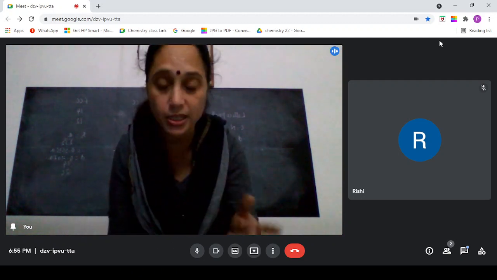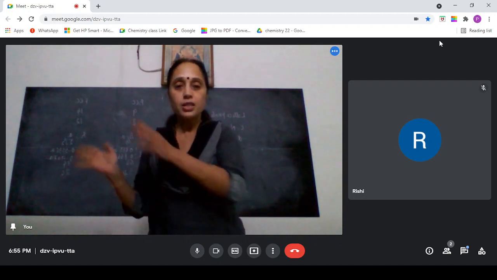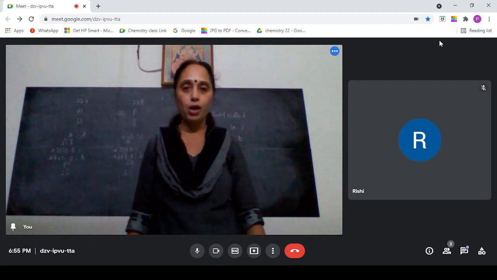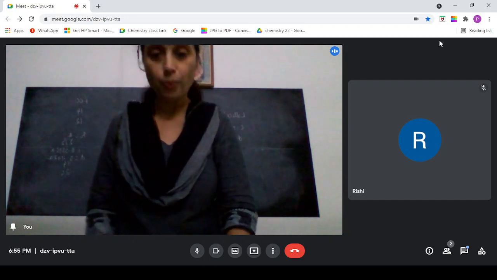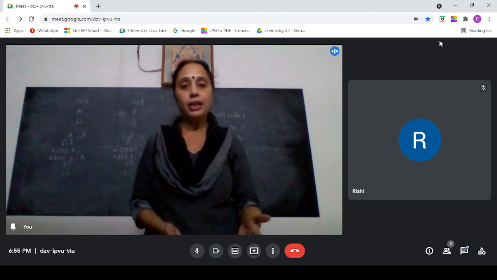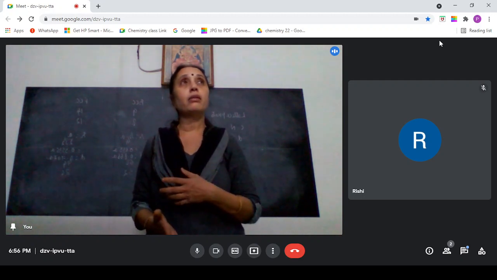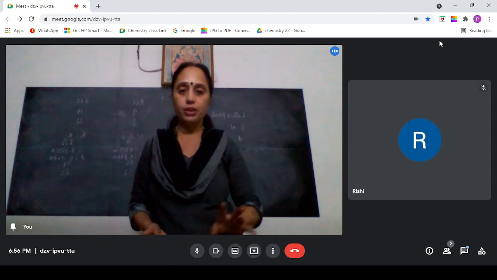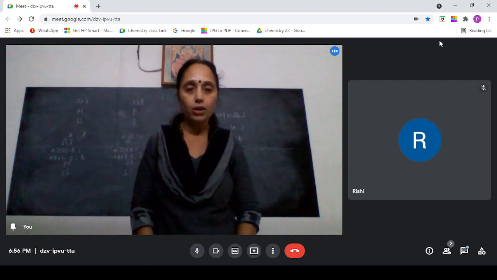How from the voids can you calculate the formula? How to know the voids? That's very interesting. How to know the number of voids in each of the simple cube, body centered, face centered, and then from that, how do you calculate the formula? How it is related to the stoichiometry? We'll have to work out problems also, and then on density, how it is related to density. From the density again, we have problems finding out the number of molecules, and A and molecular mass, everything, and then we'll have to learn the defects. So much is there.